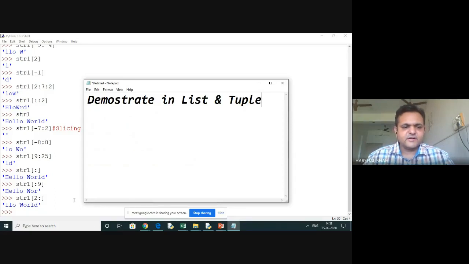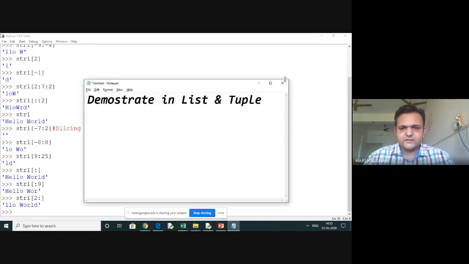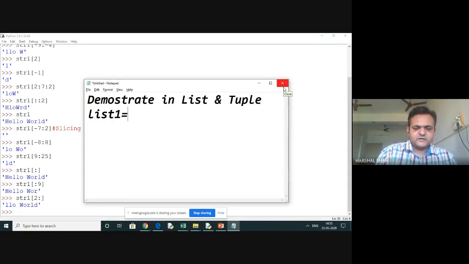Okay, so in a similar way you can do this with the list and tuple. I will make it very clear: while you want to work with the list and tuple, you can have a list assigned with the square bracket, and you make a tuple with the round bracket, and you can perform the same operations.